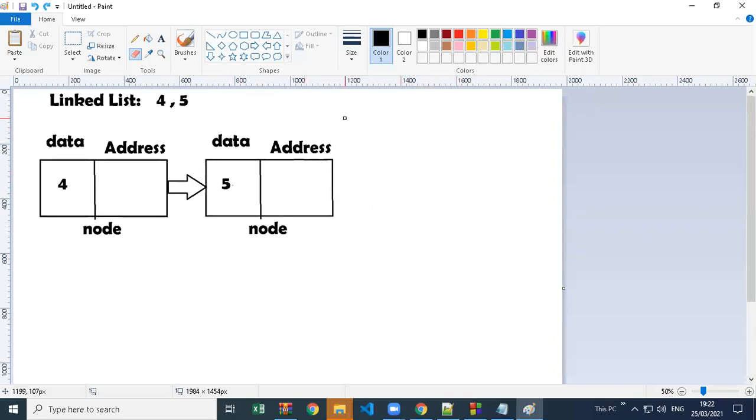If you remove a value from a normal array, it will become 0 or some garbage value in C++. In Java, it becomes 0 there. But the memory is still there; memory is not going to be removed. But here the memory is removed. If you remove 89 or if you remove that 5, the memory is removed, so there is no memory wastage.